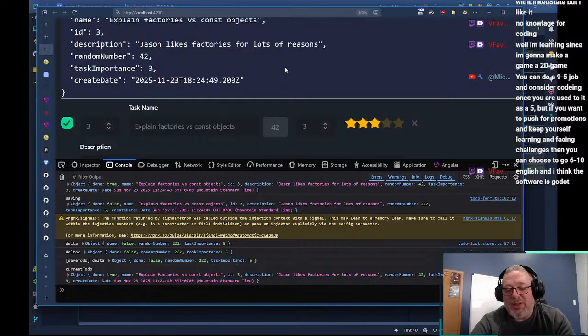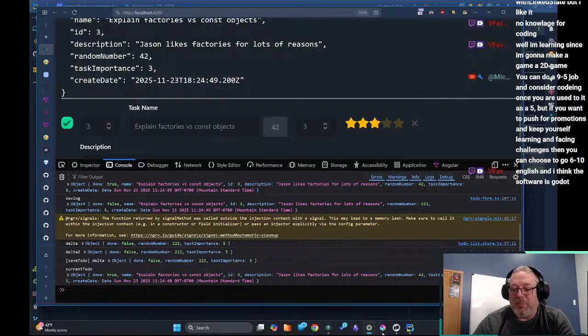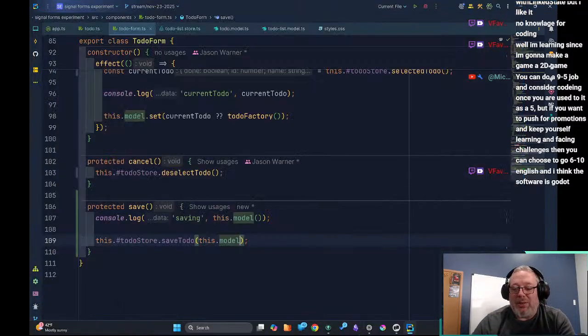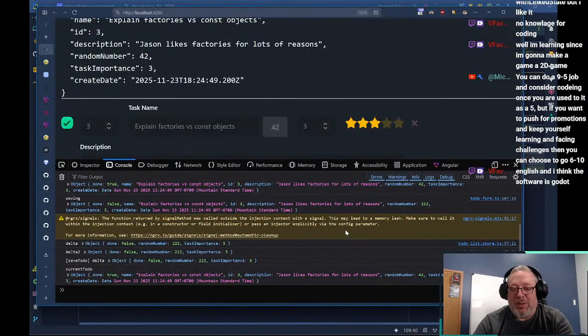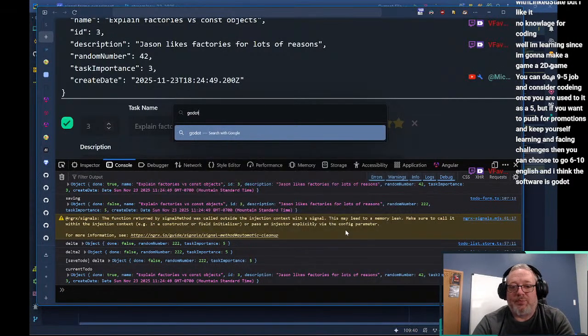I believe it allows you to use JavaScript or TypeScript. Let me not give you bad advice. Let's instead go take a look at Godot, right?